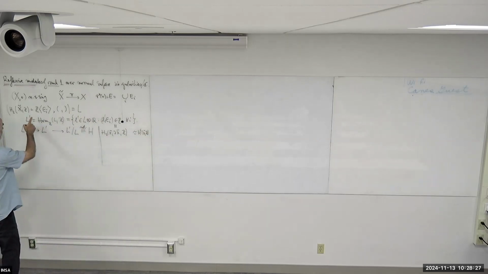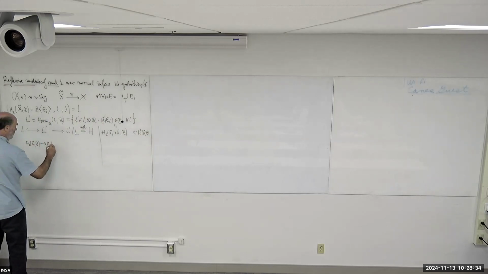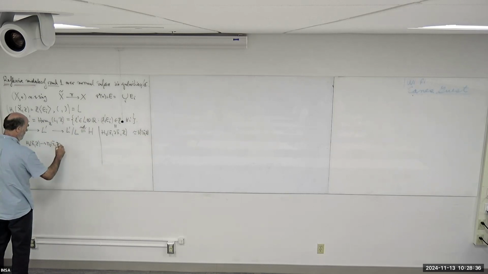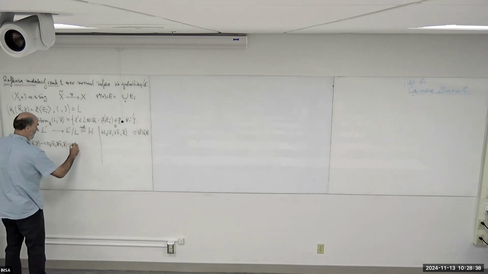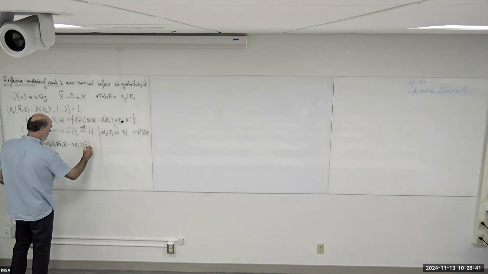Now if I use the long exact sequence of H2 of X tilde and H2 of the relative pair, where this is the link,